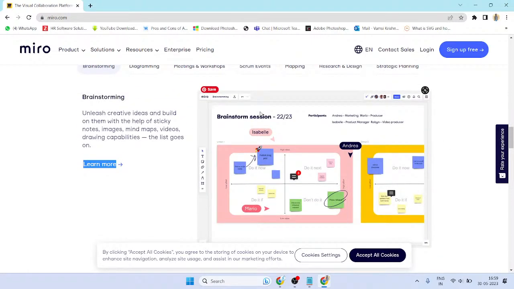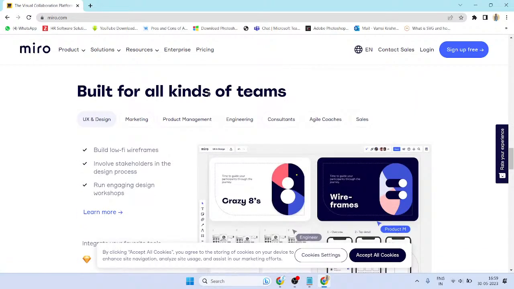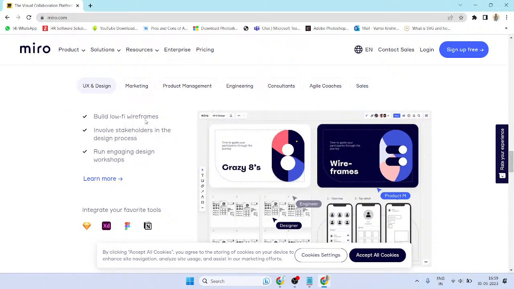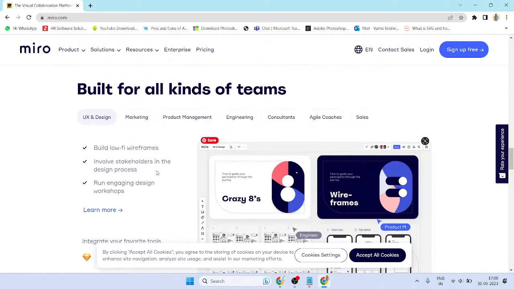Understanding, guys? Okay, so build for all kinds of teams, building the low wireframes. Exactly, here also we can create low wireframes, involve stakeholders in the design process. Directly we can give the link to our stakeholders, as well as our team leads, or